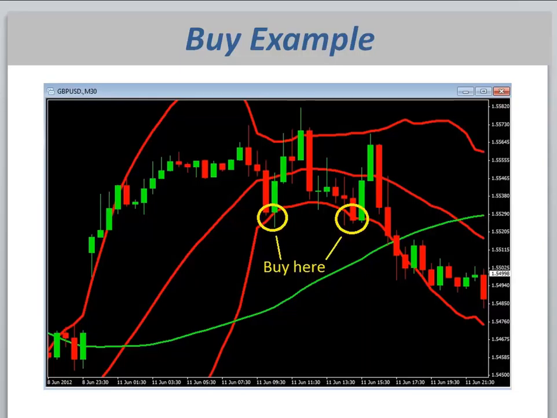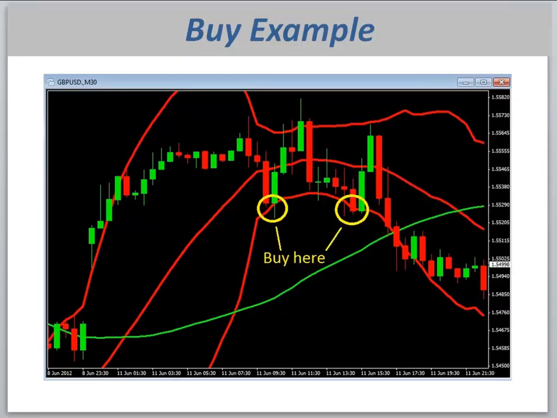So here's a buy example. Let's look at this chart over here. Here's a chart of the pound dollar. It's a 30-minute chart. Over here where we have these two little circles, we see that the pound dollar had traded to the oversold levels on the Bollinger Band. But the pound dollar is also above this green line here. The green line is a 50-period moving average. So we see we have this positive momentum. The trend was still high moving. There was a higher moving uptrend in the pound dollar, but it had a